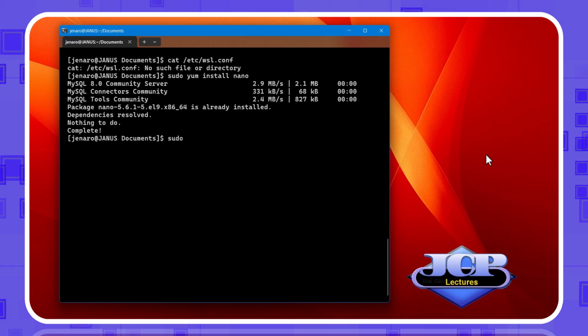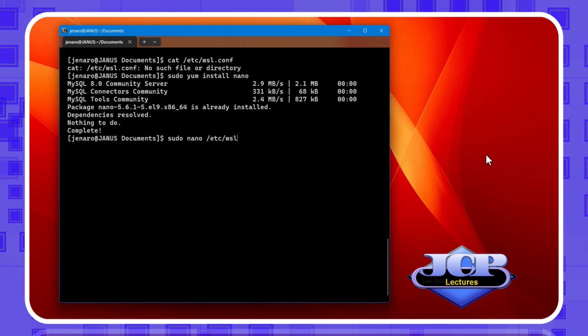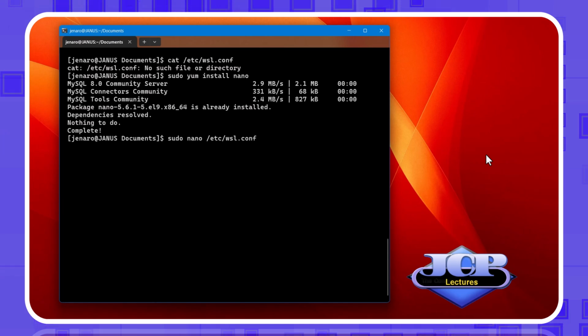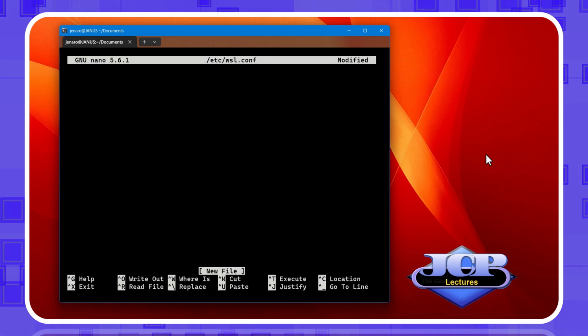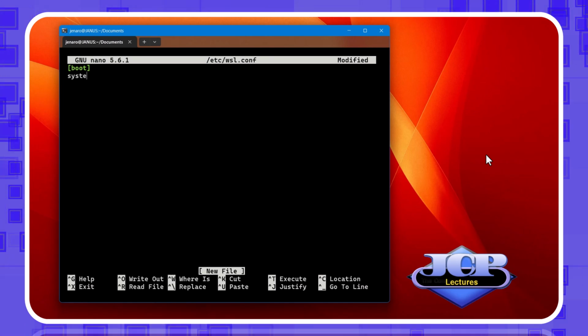After the installation, let us create the file with sudo nano /etc/wsl.conf. In the first line, let us open a new section [boot], and in the second line, systemd=true.